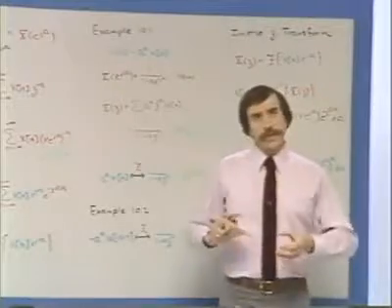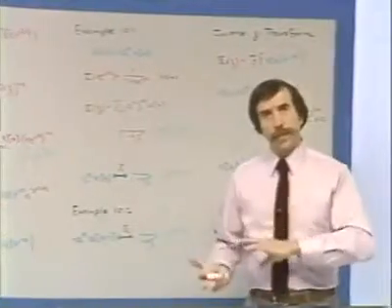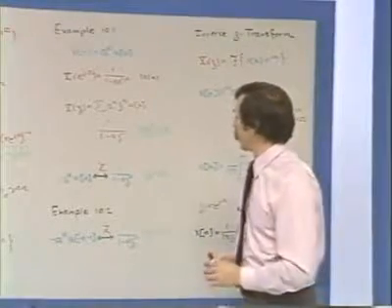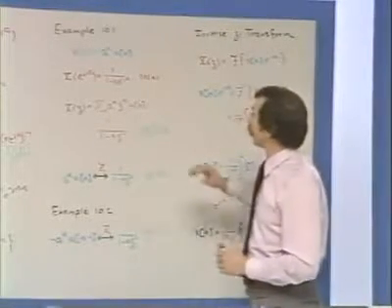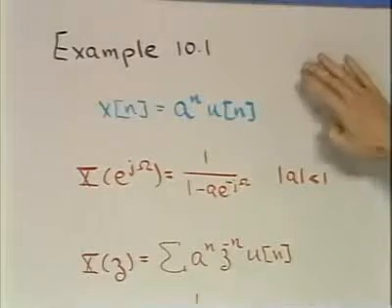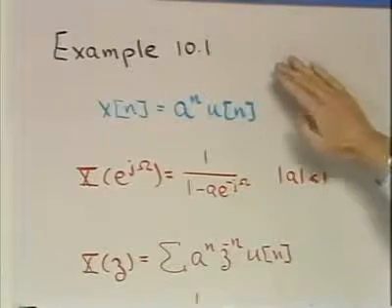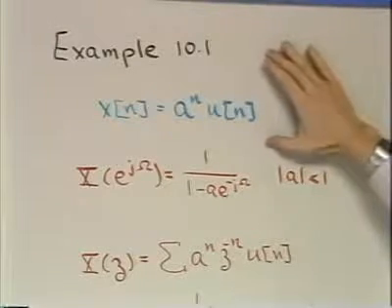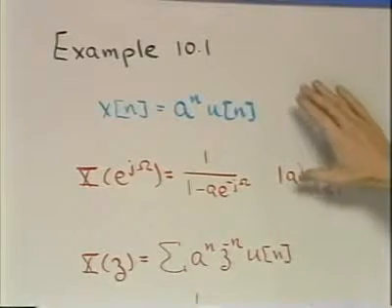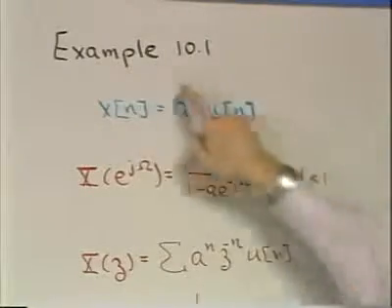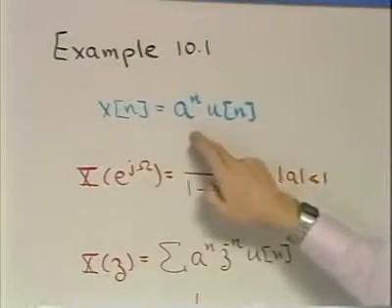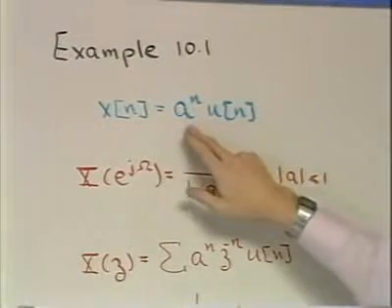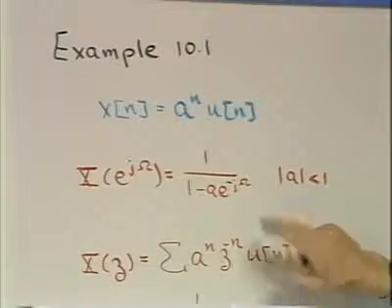Okay, well, let's just look at some examples of the z transform. And the examples that I've picked, again, are examples directly out of the text. So the details of the algebra you can look at more leisurely as you sit with the textbook. Let's consider, first of all, an exponential sequence, x of n equals a to the n times a unit step. So 0 for negative time and an exponential for positive time.